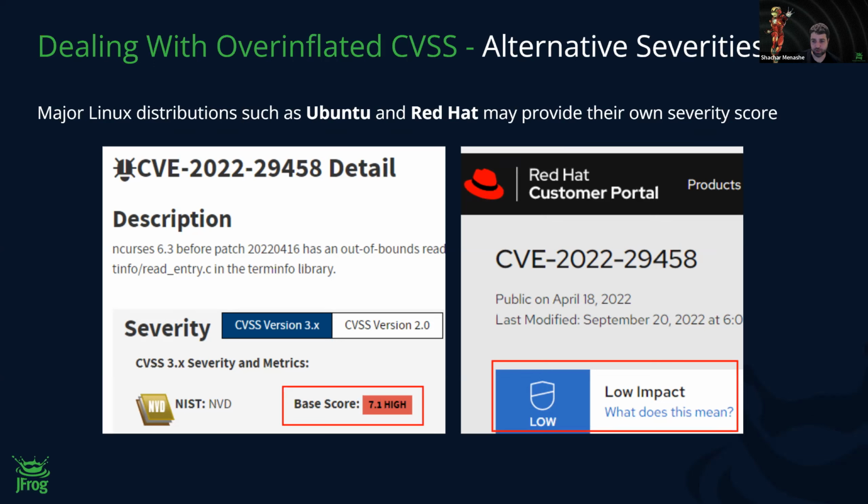For example, here we can see a vulnerability. It's the same vulnerability, but NVD gave it a high rating and Red Hat gave it a low rating. And in this case, it's not because the CVE is not relevant for Red Hat. It is relevant. It's just that their security team understood that it's much less impactful than what NVD said. That's, again, because they have dedicated security teams that analyze these things. They get fewer CVEs than NVD, and they have a dedicated team. Across all of our years of research, we saw that they are more on the point than the NVD severity.